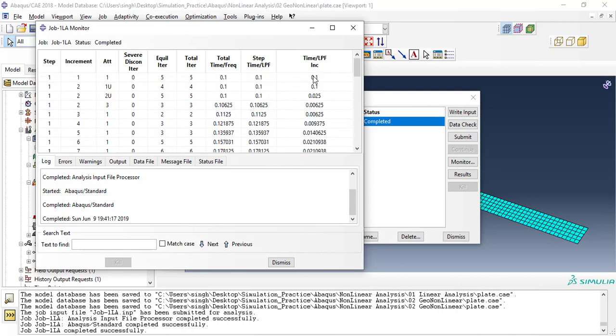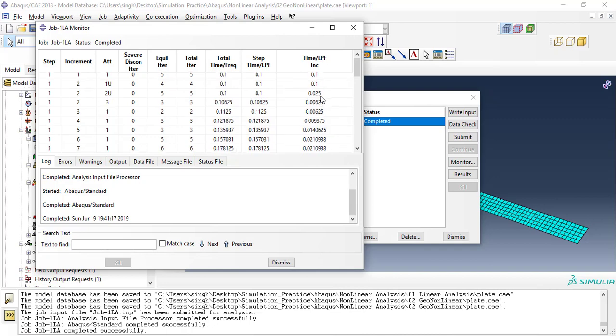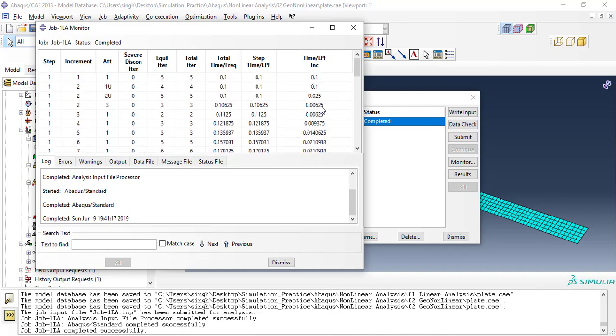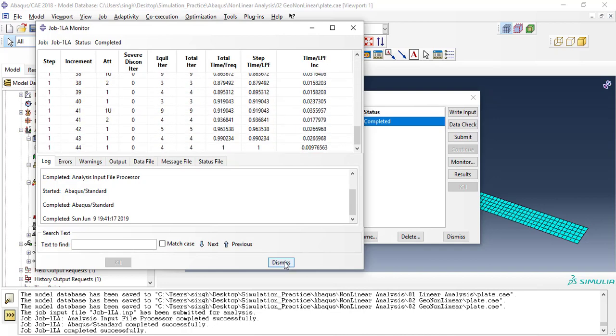Initially we decided the incrementation as 0.1, and at the second increment itself the software is unable to attain equilibrium, or we say we did not get convergence. So what the software did was reduce the step time until we get convergence, and continue the process. Go for dismiss